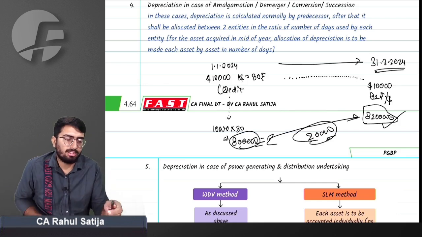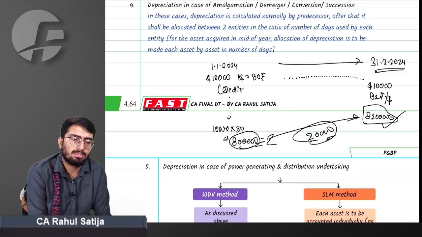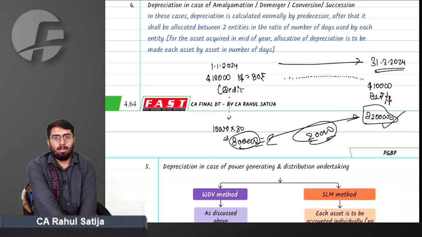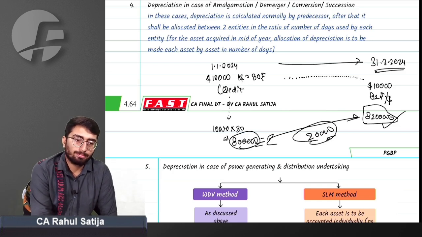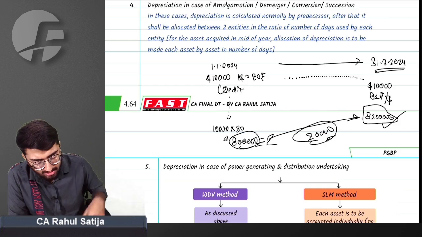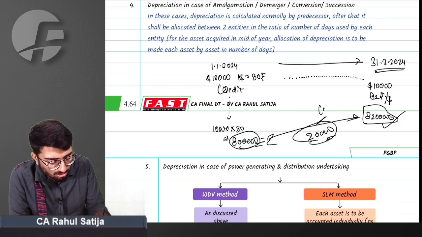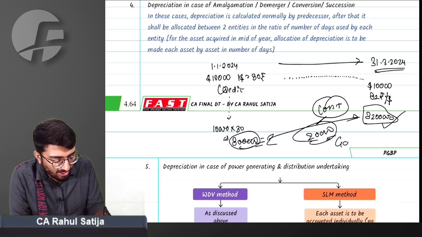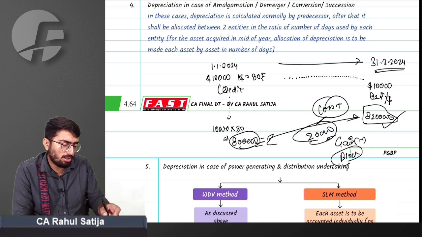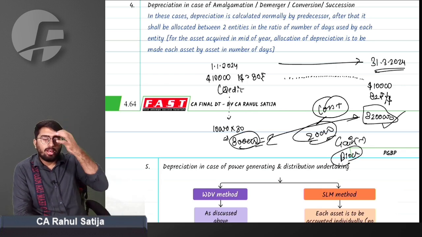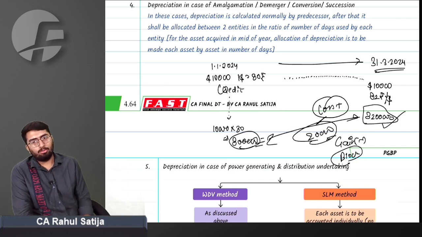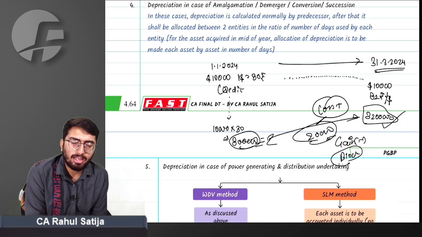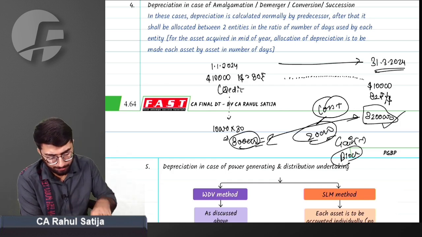How will we deal with such a difference? Right answer is, sir, any such loss will be added, or if there is any gain, it will be reduced from the block itself. If gain or loss is on account of any depreciable asset, it will be adjusted from the block only. It will not be transferred to P&L. Hope the concept that I am trying to convey from this topic is clear.